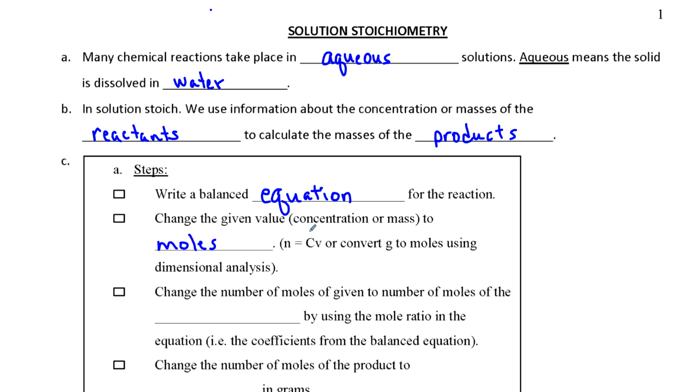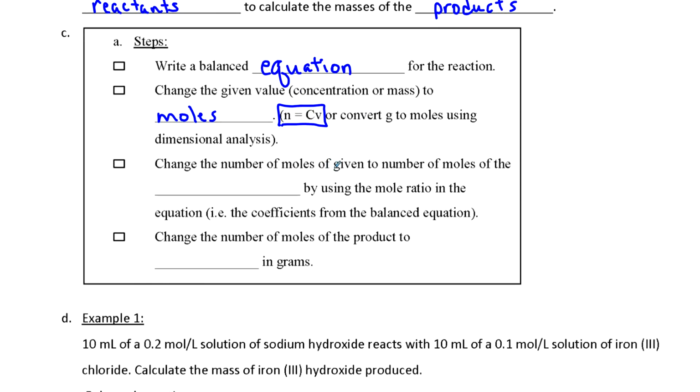Here we're going to be required to use the concentration formula rearranged to solve for moles. Then change the number of moles of what you're given to the number of moles of the products by using the mole ratio in the chemical equation, and then change the number of moles of products to mass